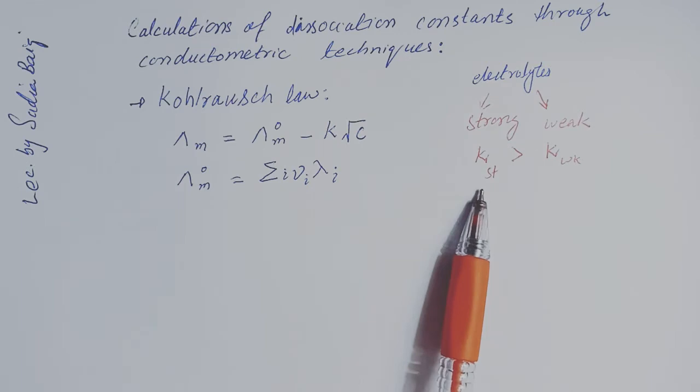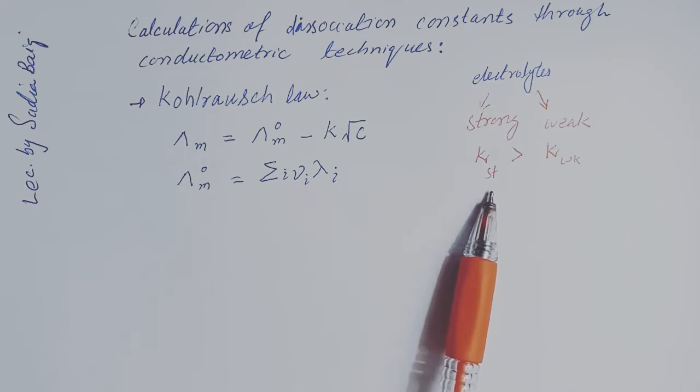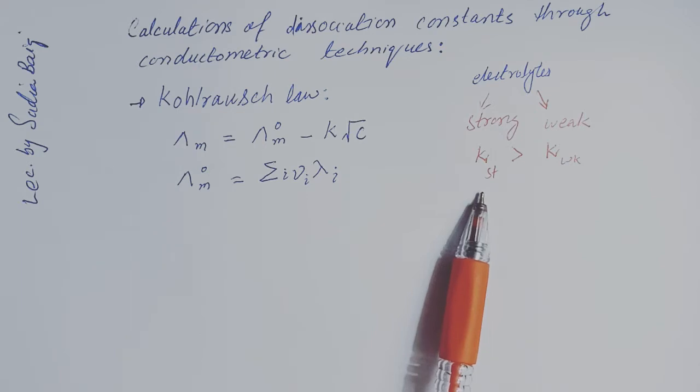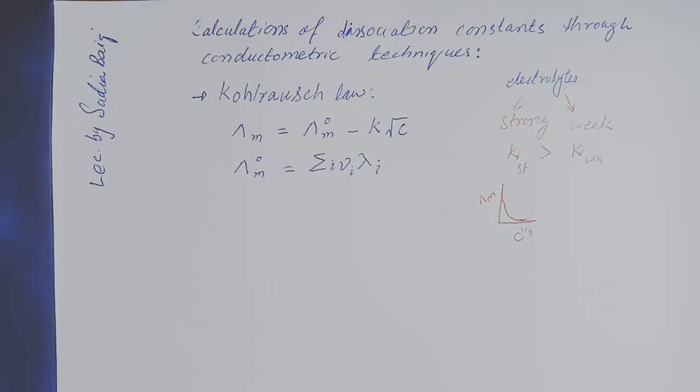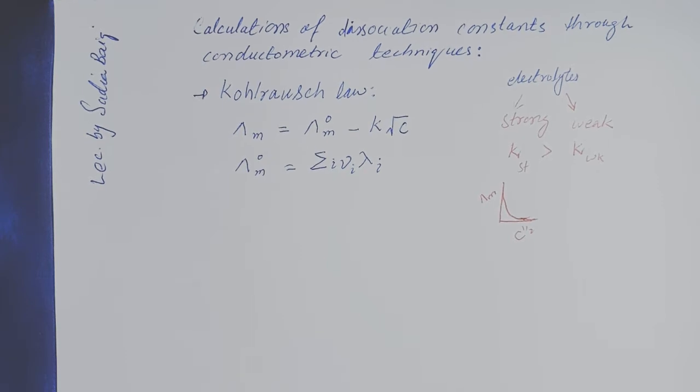ionization. For strong electrolytes such as salts, acids and strong bases, the molar conductivity depends only weakly on concentration. On dilution, there is a regular increase in the molar conductivity of strong electrolytes due to decrease in the solute-solute interaction. So in order to discuss the dissociation constant, let's first discuss the Kohlrausch law, which describes the